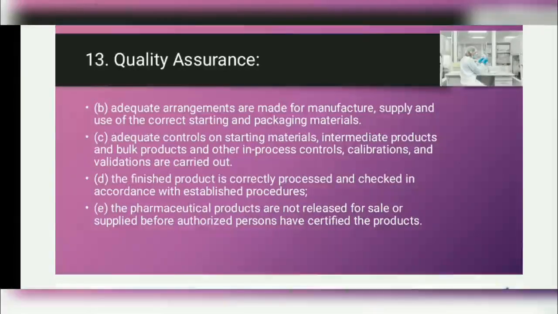Then we have discussed the raw materials, that the records of all raw materials must be maintained as per Schedule U, and that the principle of first in, first expiry, first out is followed. All materials must be quarantined after receipt or processing, and the consignment must be checked to ensure that it corresponds to the order placed.